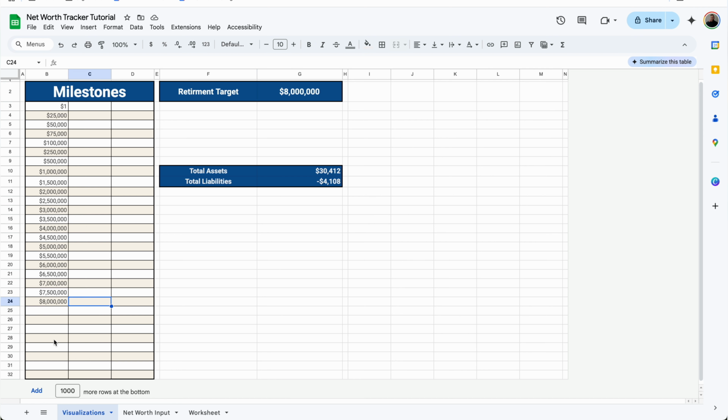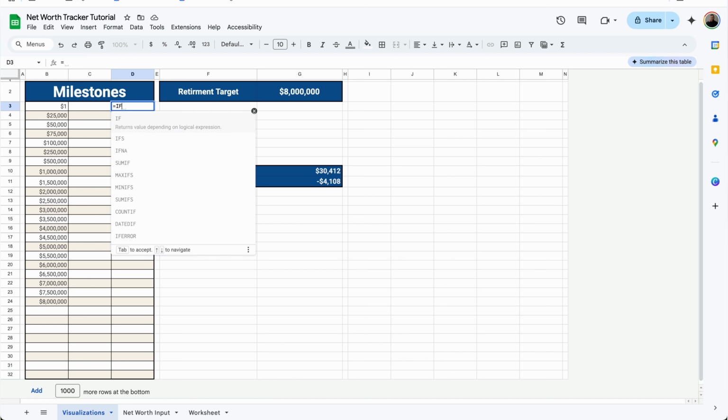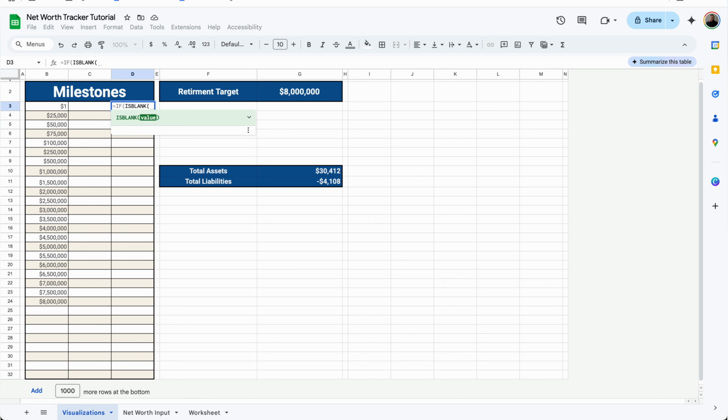If you have a target that's higher, you can go ahead and add more rows if you need to. If it's shorter, then you can add more middle milestones or simply just leave a bunch of blank at the bottom. Then in D3, we're going to type equals IF, open parentheses, ISBLANK, open parentheses, B3, close parentheses, comma, comma,